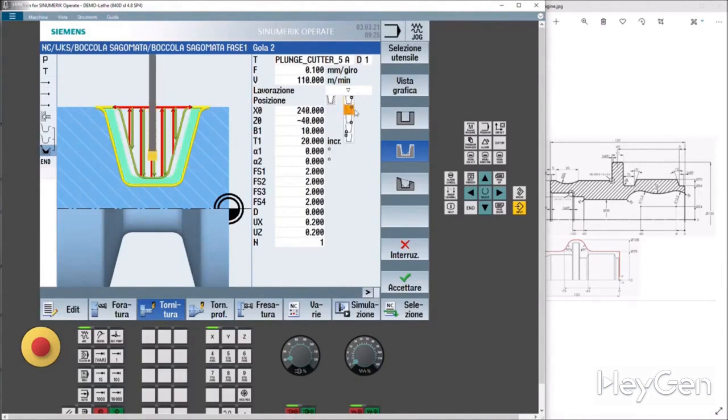So, we need to tell the machine to work according to this starting point of the profile. Now, let's go. To give the coordinates of our groove, the coordinates of our groove are X70. Here we are, which is the outer diameter. So, 70, Z, it's this point, minus 55.